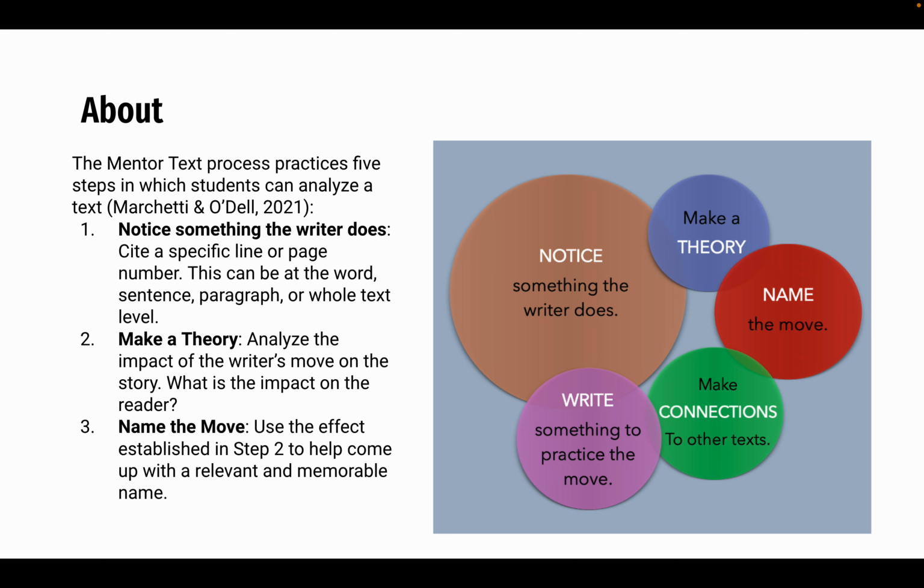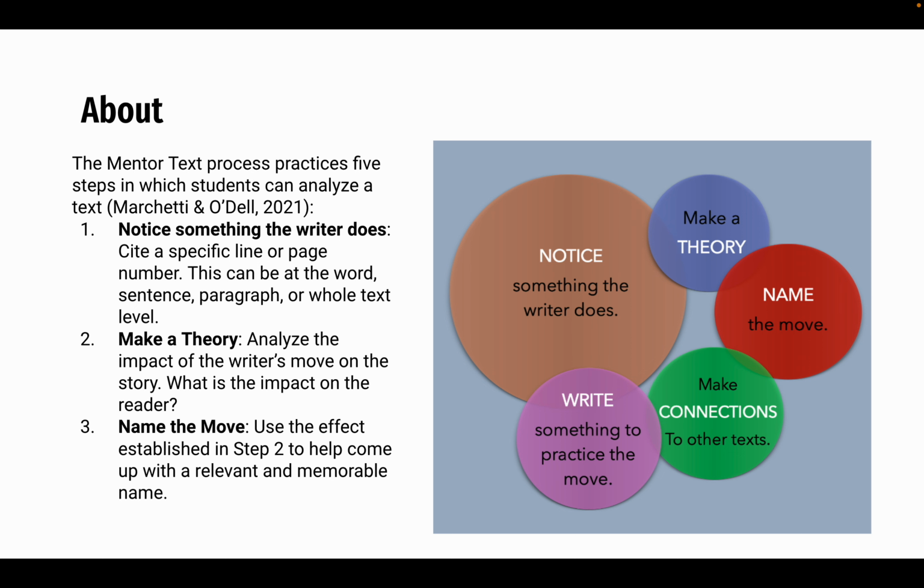Second, they would make a theory about what that move is doing, to analyze the impact of that move on the story and on the reader. Third is naming the move, and this is where the mentor text structure kind of diverges from some of the traditional English teachings. So for example,